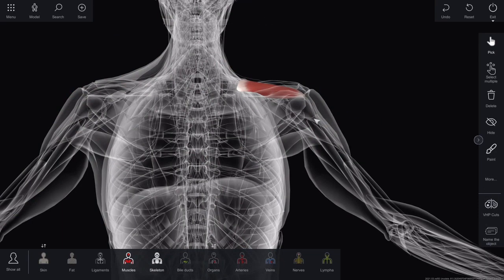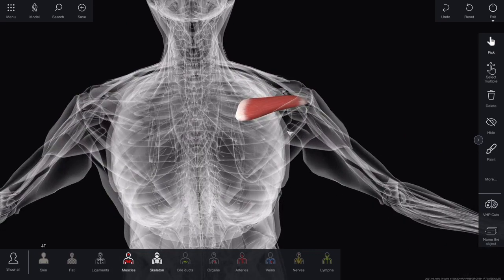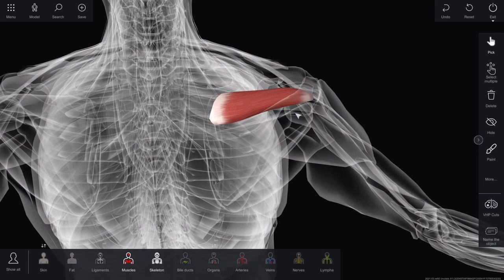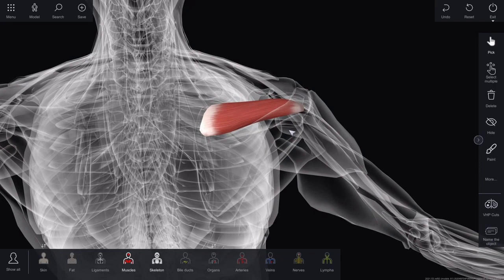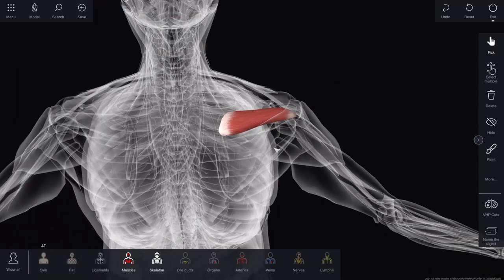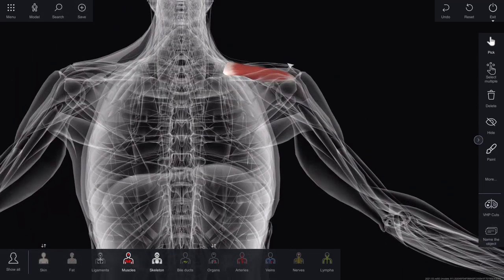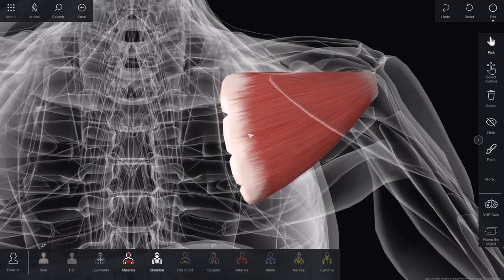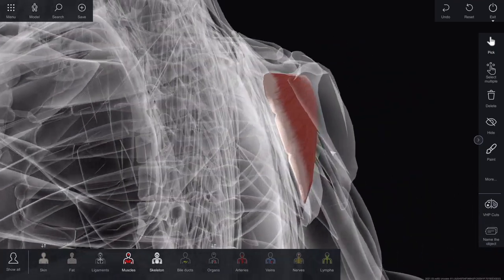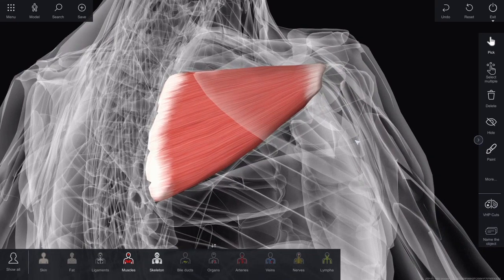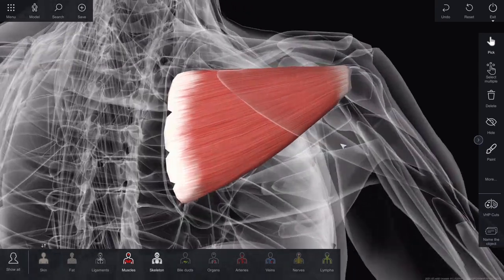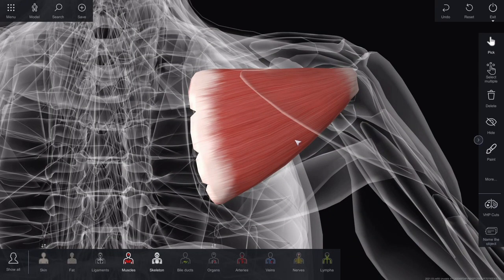The deep muscle layer. Musculus supraspinatus, beginning: supraspinatus fossa of the scapula, supraspinatus fascia. Attachment: greater tubercle of the humerus, capsule of the shoulder joint. Innervation: suprascapular nerve. Blood supply: suprascapular and circumflex scapular arteries. Musculus infraspinatus, beginning: infraspinatus fossa, infraspinatus fascia. Insertion: greater tubercle of the humerus. Innervation: suprascapular nerve. Blood supply: circumflex